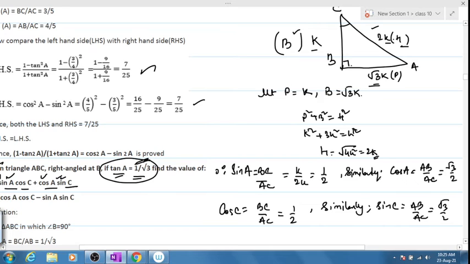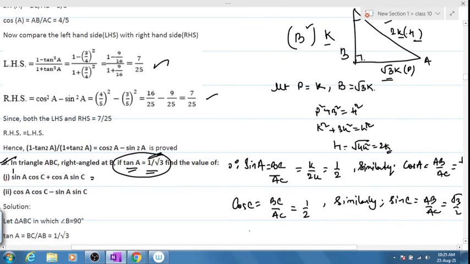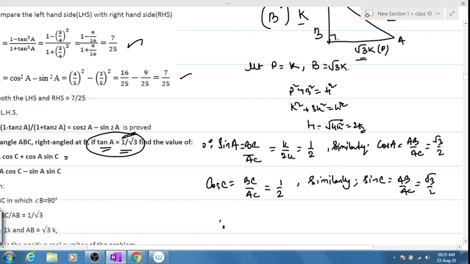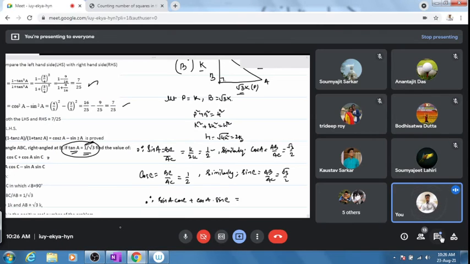Now, do I need to tell you to find this one? Hurry up, solve it and tell me the answer for the first one. That is, therefore, sin A cos C plus cos A sin C. Kindly do one thing, substitute the values and tell me the answers fast. I will not be multiplying it for you. Hurry up.